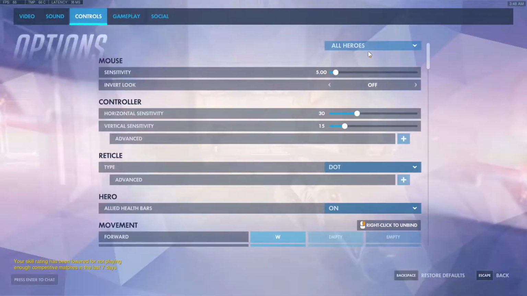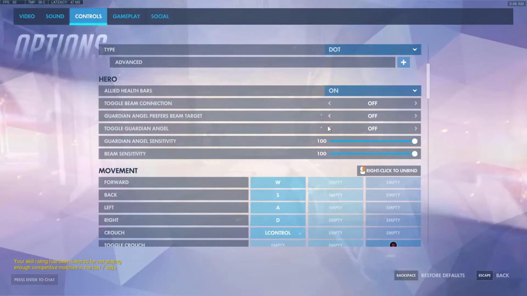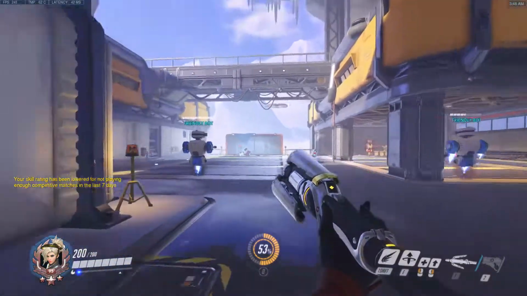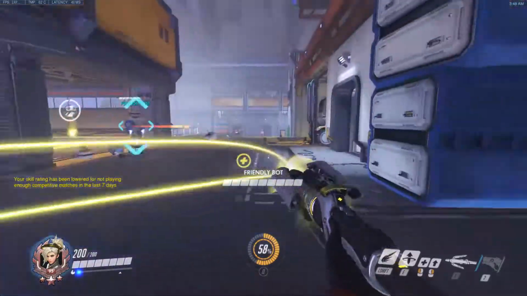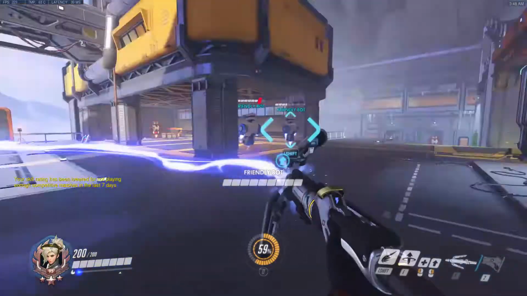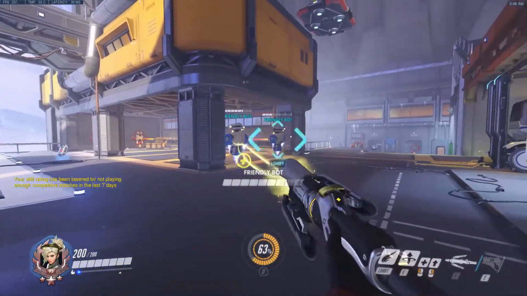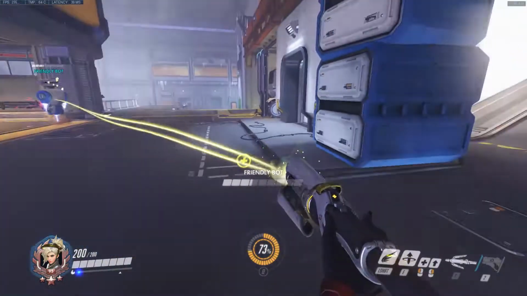To go over the settings again with Mercy, the best settings are to have all of these switched off and these on maximum and allied health bars on. So you want beam connection off, because toggling... if you have toggle on, alright, so I've got it on toggle, right? So you should be at peak performance levels. It's alright, but I personally feel